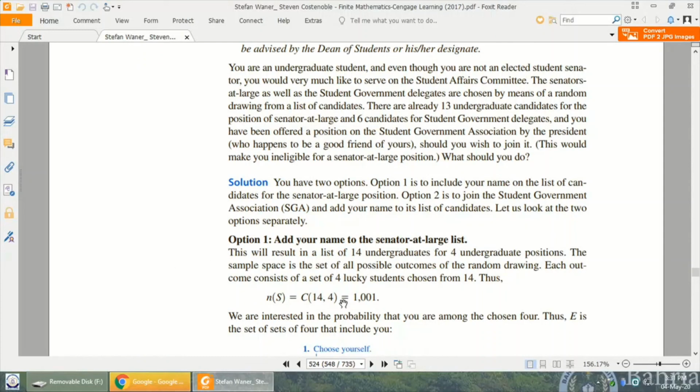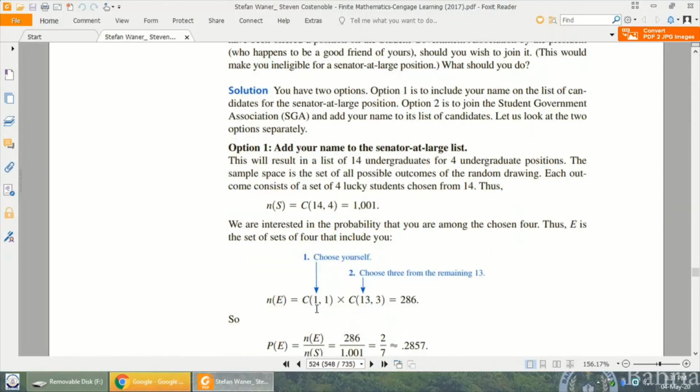So for 4 undergraduate positions, for 14 undergraduate students, there are 1,001 outcomes that are possible, because all these could be shuffled because they're selected randomly. Any 4 could be lucky from the 14 set. So you choose yourself as 1, and then you remove that possibility from 14 and 4. So you have 14 minus 1,